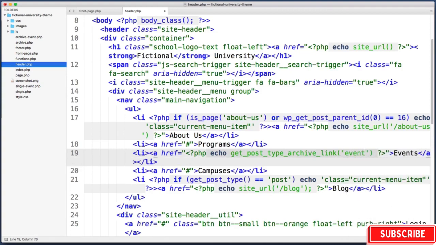Okay. But beyond that, we want that link to be lit up as yellow when you're on an events page. So just like we did for the About Us link and the blog link, within the opening list item tag for events, let's go into PHP and let's write an if statement. So we'll say